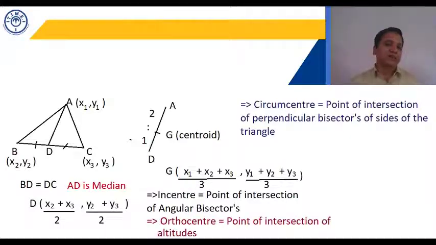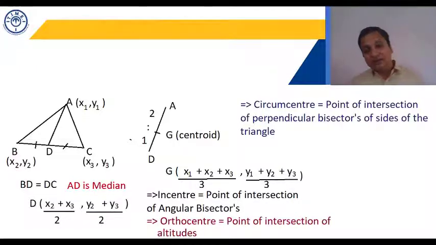One important result. If the triangle is an equilateral triangle, please remember, and the question is asking you to find the incenter or circumcenter, simply find the centroid. That's very easy to calculate. Because in an equilateral triangle, all the four centers are by default the same. Remember this, if a triangle is equilateral, all the four centers coincide at one point. So if we can find the centroid, that comes out true for the others also. Centroid, orthocenter, incenter, circumcenter, all are the same.